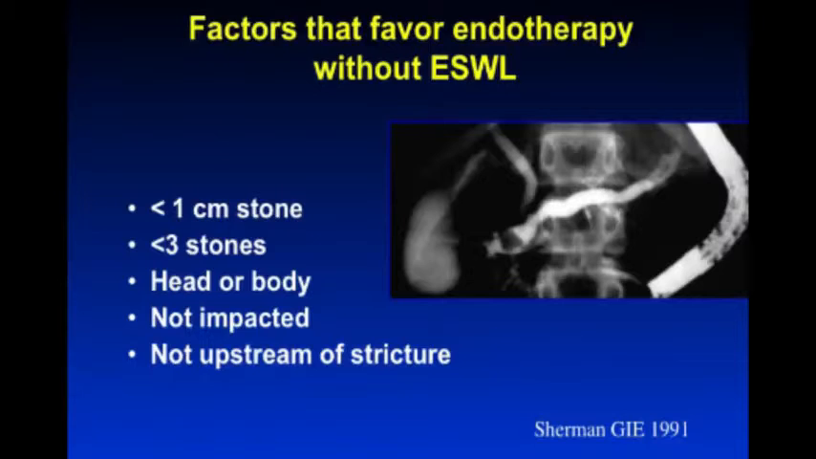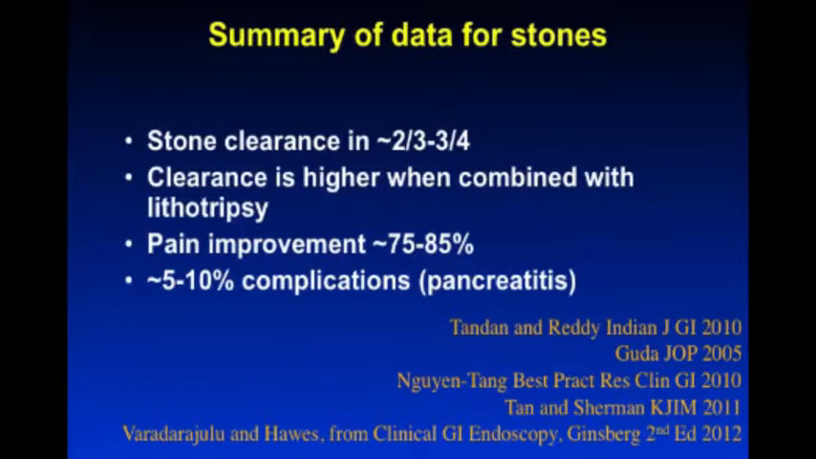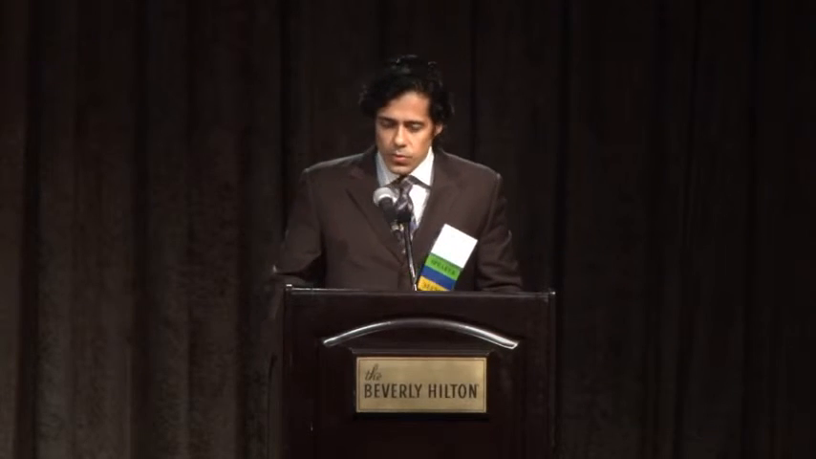So just to summarize again some stone data: stone clearance in 2/3 to 3/4. The clearance is higher when it's combined with ESWL. The pain improvement is pretty impressive, 75 to 85%, and a mild to moderate rate of complications, primarily pancreatitis. So what we're going to probably talk about on the panel at some point, and so I'm going to